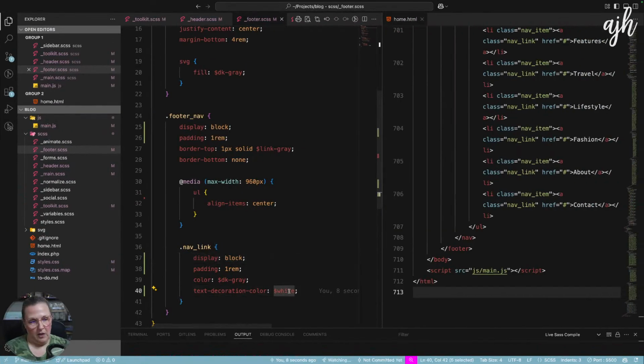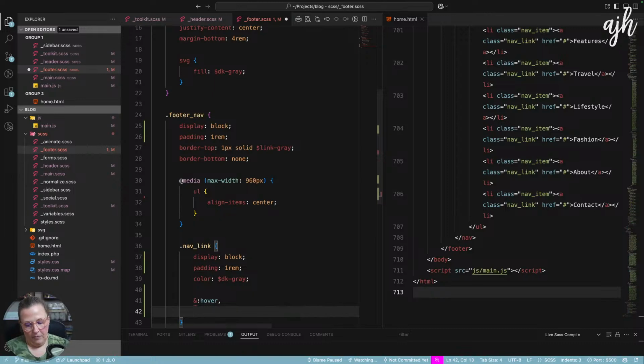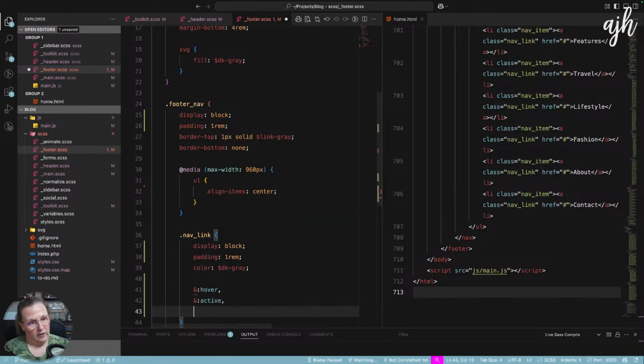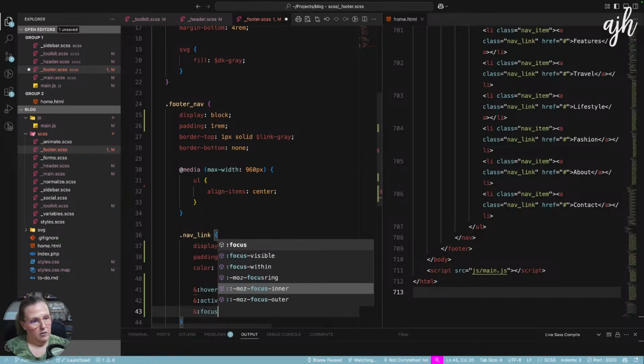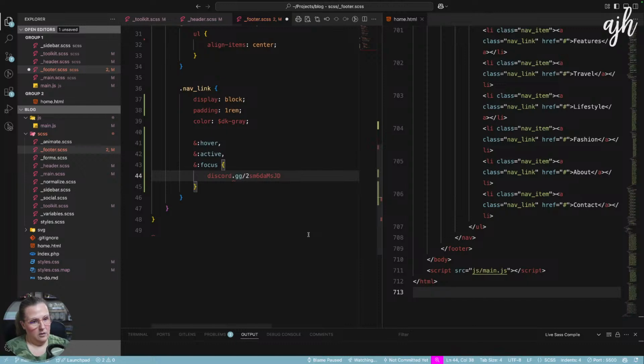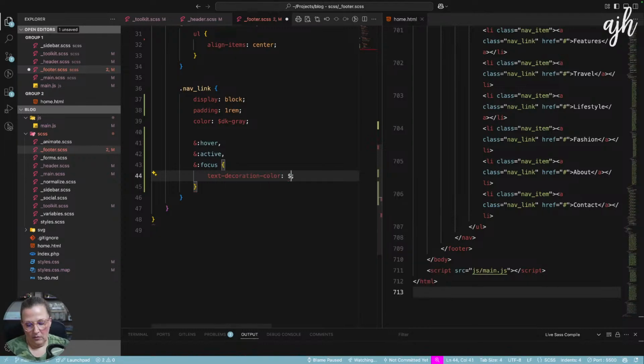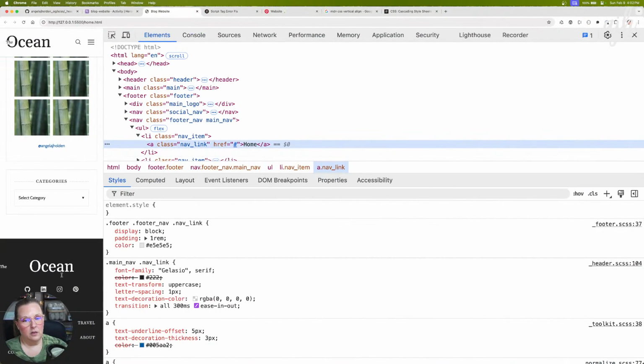So this should actually be hover, active, focus, whoop, text decoration color, white. There we go. And then